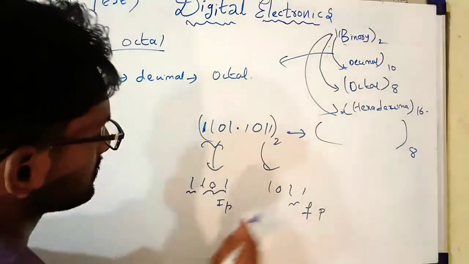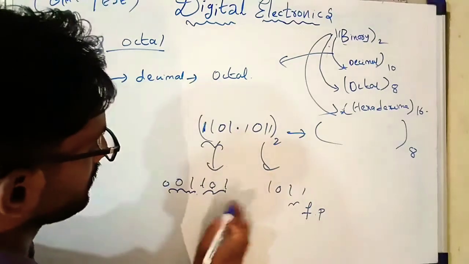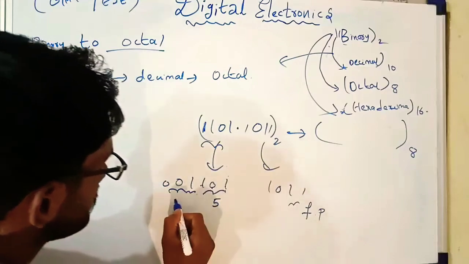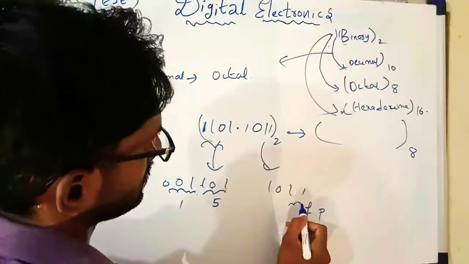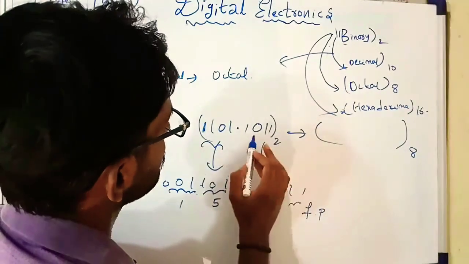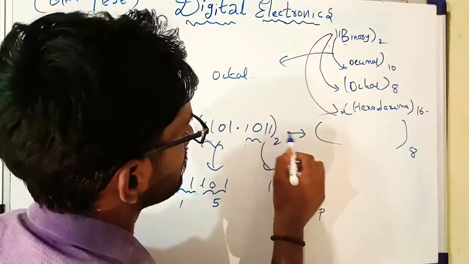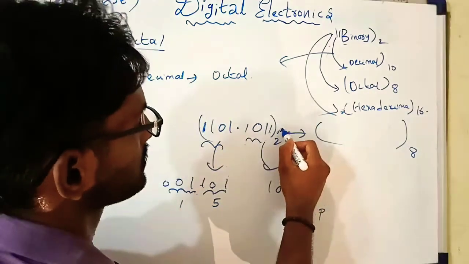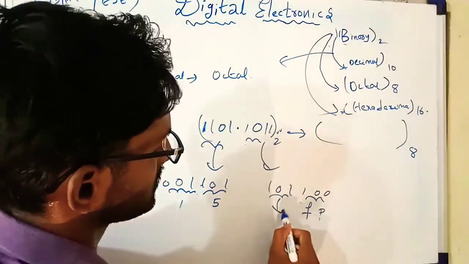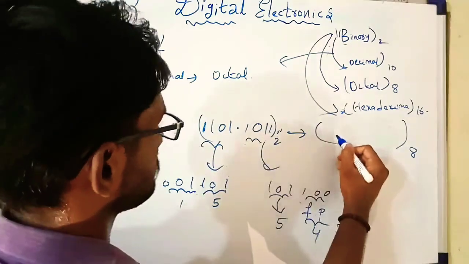For representing in octal we need 3 bits. So we add another 2 zeros. This equivalent value is 4, this is 2 square and this 1. This is 5 and this is 1. And for here decimal, here we need to travel from left side to right side. And this is 3 digits. And after 1 we have no digits. So we will add 2 zeros. This 3 digits and this 3 digits. This value is 5 and this value is 4.